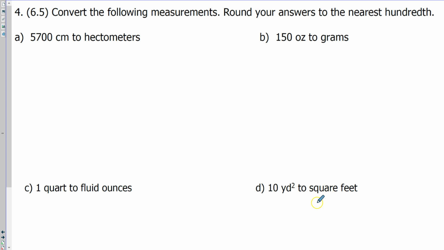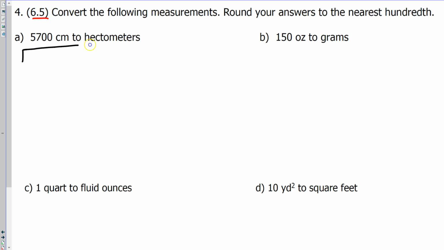So some of those values you may know how to convert without any assistance, but a lot of these require specialized values to do the conversions. So make sure you go back and look at those section 6.5 notes. There were 2 tables that had some conversions on there. Make sure you include those conversion values on your reference sheets so that way you have those handy for performing these problems. So the first question is going from centimeters to hectometers, and those are both in the metric system,